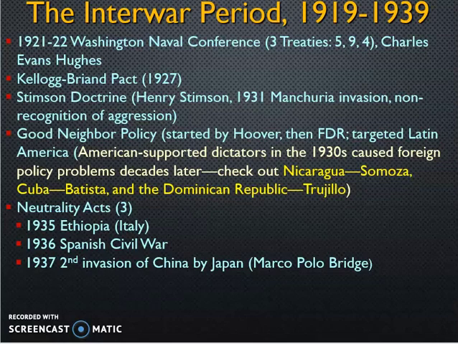Hoover will start the good neighbor policy towards Latin America, then FDR will take it to another level. And we do support American dictators who like us. And these are three families. You should note the names: Somoza, Batista, and Trujillo, which will cause us problems way later.